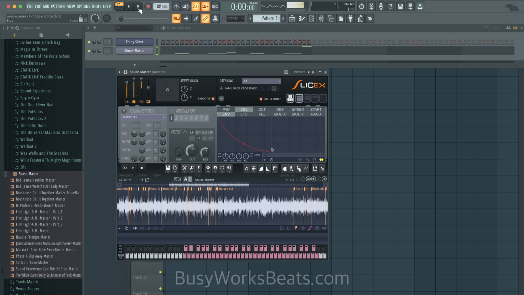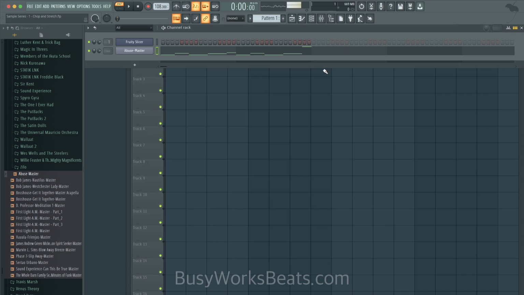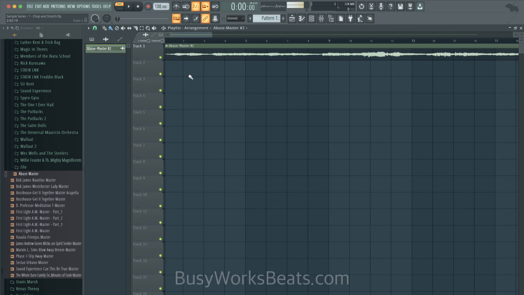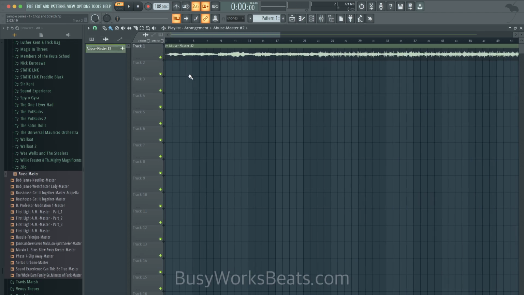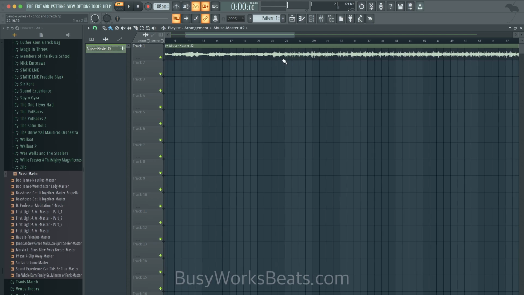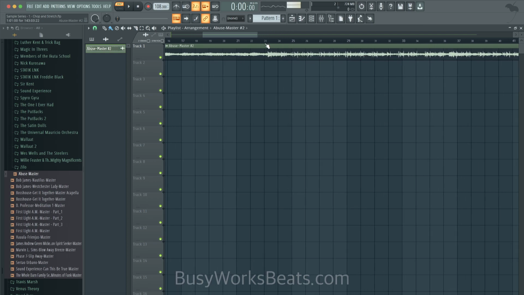Okay, so now that we know how that works, let's talk about time stretching. So again, that's one way to chop it and do it. Now, if you wanted to do it in the actual playlist, here's how I would chop it. I do everything visually first, or audibly first, before I worry about the metronome, because the metronome does not sync automatically to the sample. So we need to chop musically first, then stretch it to the tempo.